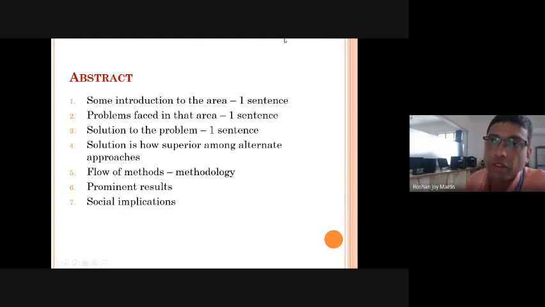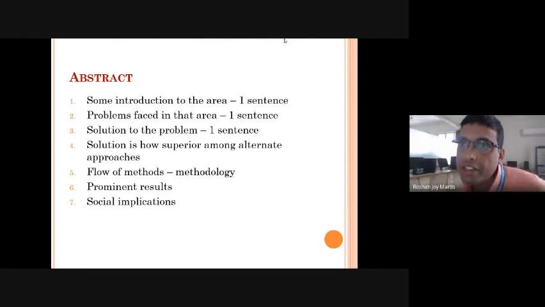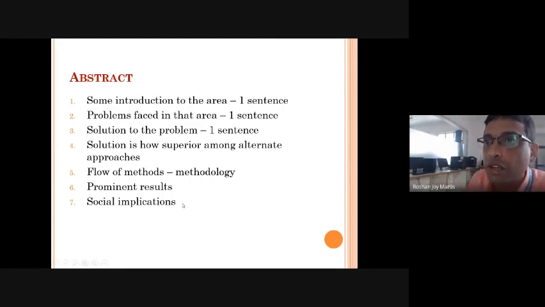Computational research means you have a database and you are applying your methods and testing the performance of your methods. This is algorithmic research, called computational research or algorithmic research. You can also have experimental research or application research. So those things may slightly change. Depending on a case to case basis, these contents may slightly change. Almost it is like this only, with slight changes depending on the application.